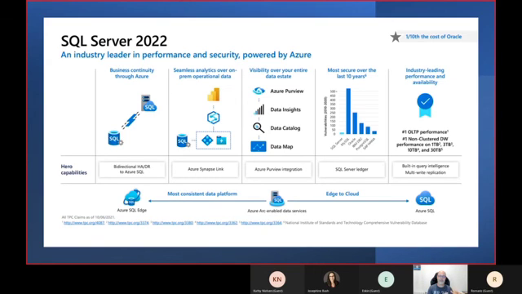Something that is really nice to see is that starting with 2022, Query Store will be enabled by default on every single new database that you create, right? So this is really, really nice.